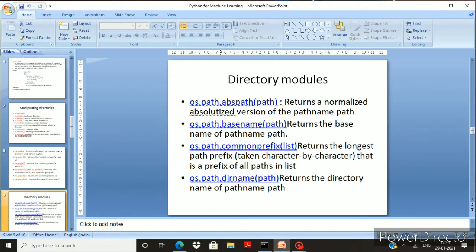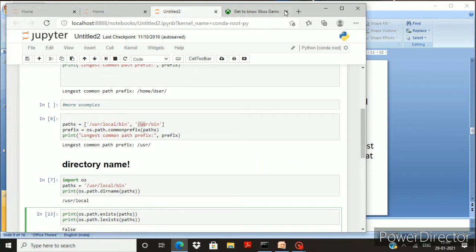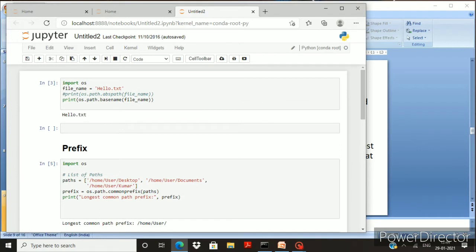So the first one is os.path.abspath. Here we are going to return the absolutized path of a particular file name. Let's look at what this means.